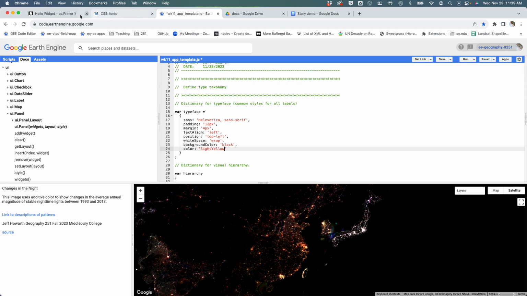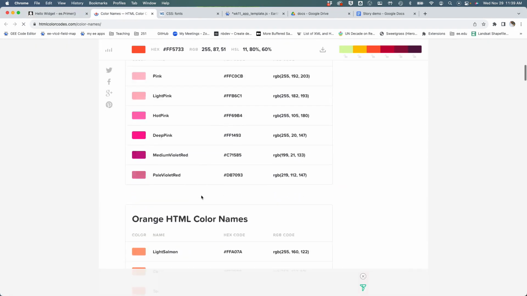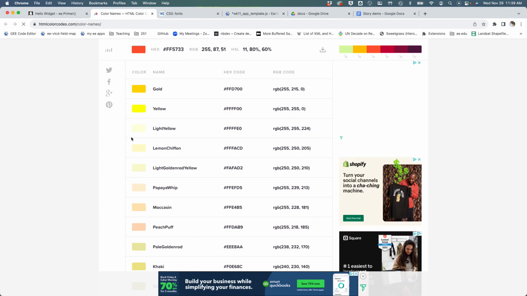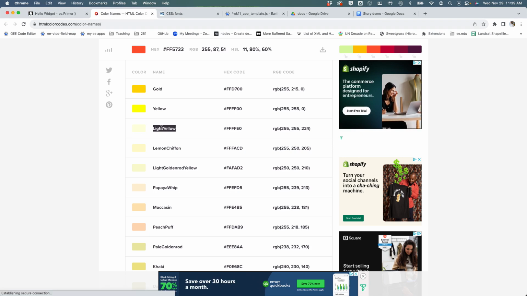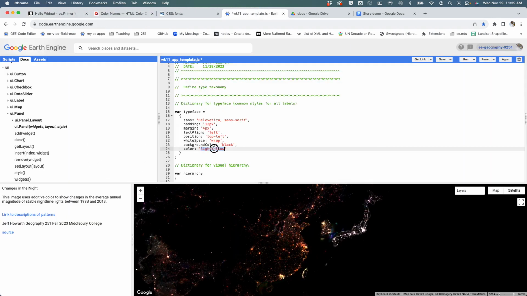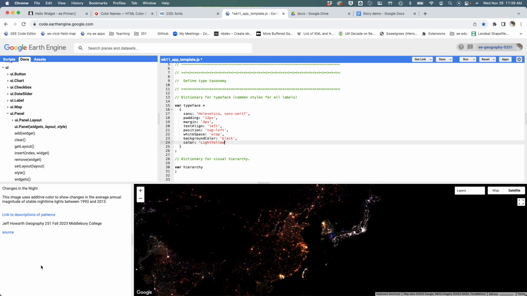And light yellow again, that word comes from here, where I use this as a cheat sheet for: let's use this light yellow rather than a pure white. So if I copy that, and maybe it would be good to have that. I think it could handle it even if it was a lowercase l. Anyway, so these are going to be all of the properties that are going to be defined for all of